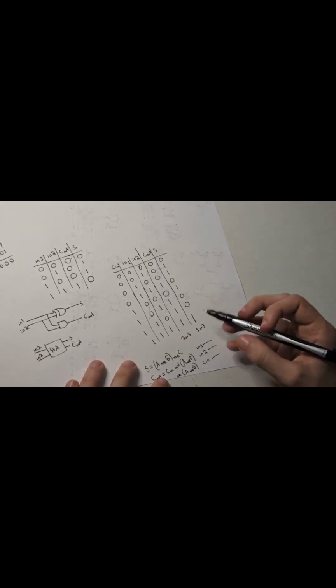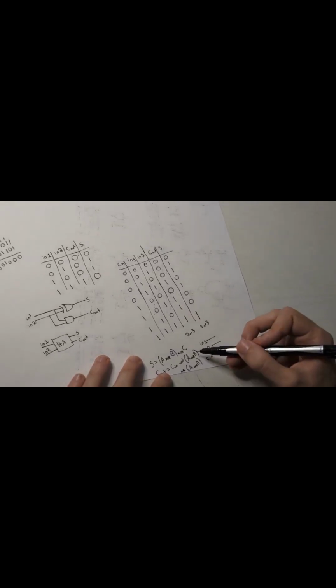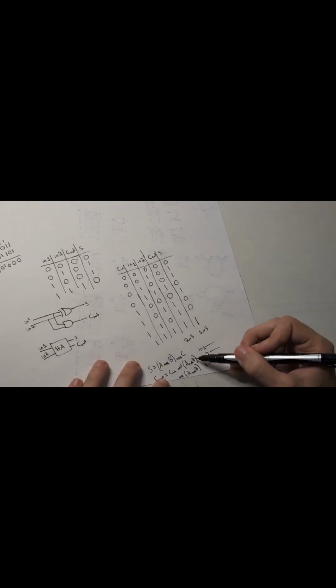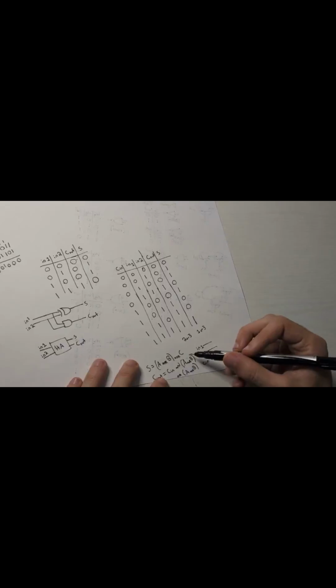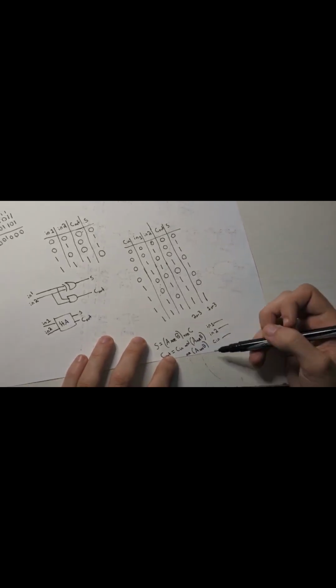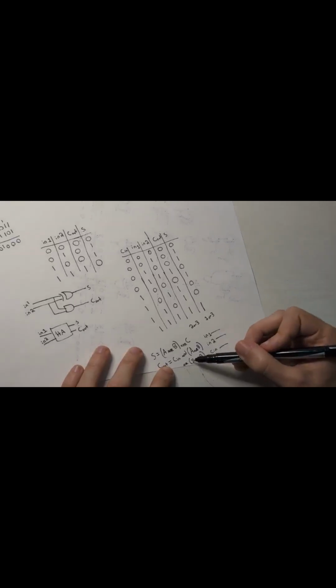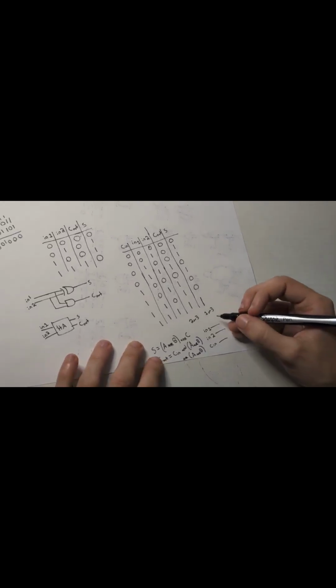So, because we need at least 2 of them, if the carry in is on, then we can get the carry out if one of these is on but not both, or we can also get it if both of these are on. So that takes care of AB, AC, or BC, as well as AB and C. So what we're going to do here